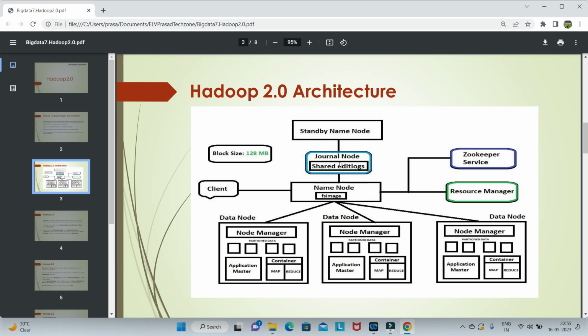So the journal node maintains edit logs, and there is a continuous update from the name node to the journal node, from the journal node to the standby name node, and then again to the FS image of the name node. So this is a continuous process. There would be no loss of data even in case of name node failure. So that was overcome with the journal node, and one more is the zookeeper service